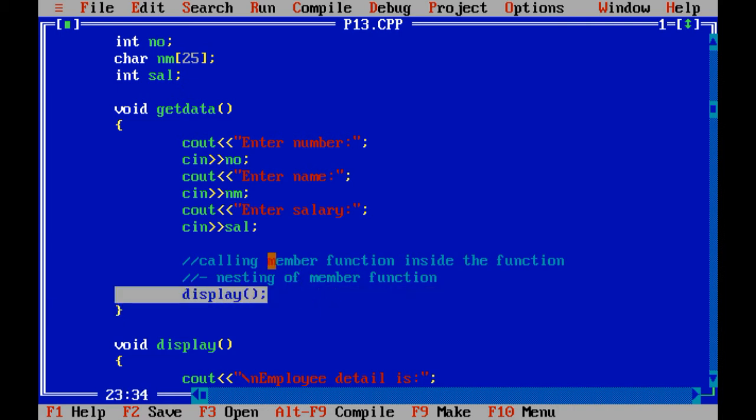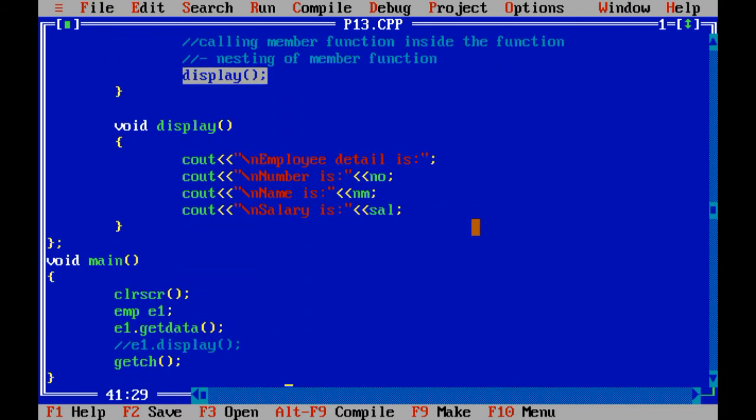So what happens, you don't need to create an object, or we can say you don't need to take permission from the class. Instead, you can directly call the function like this. Now how the program executes, that is the most important thing. See, over here it will clear the screen. After that it will create the object of the employee class.